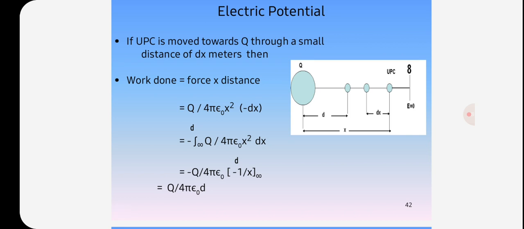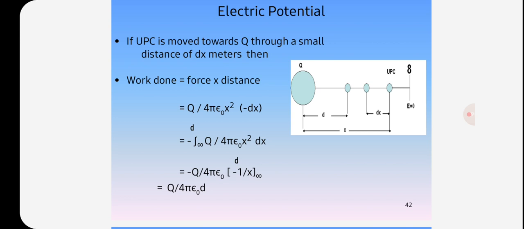So, here, if a unit positive charge is moved towards Q through a small distance of dx meters, then work done is equal to force into distance, that is equal to q by 4 pi epsilon naught x square into minus dx. So that is equal to, after integration,